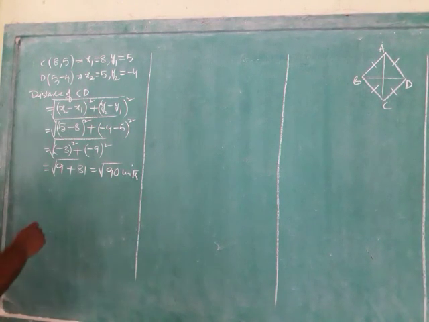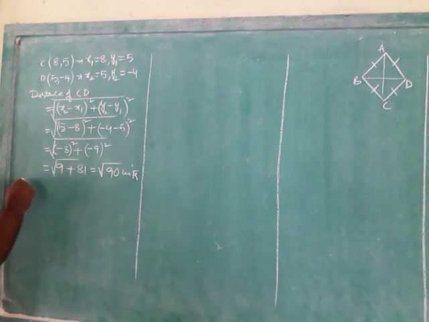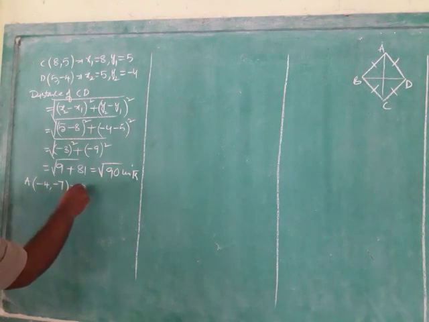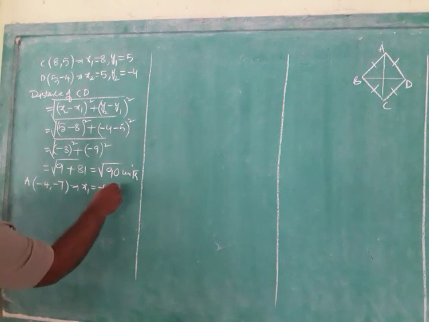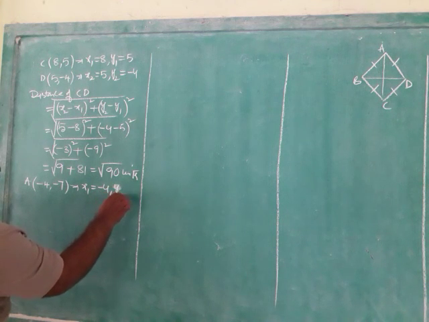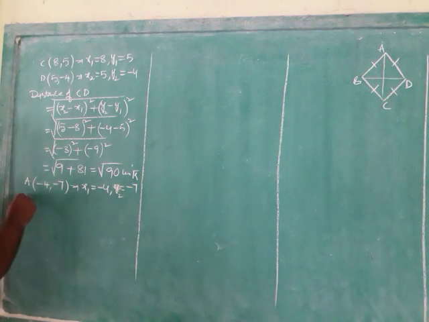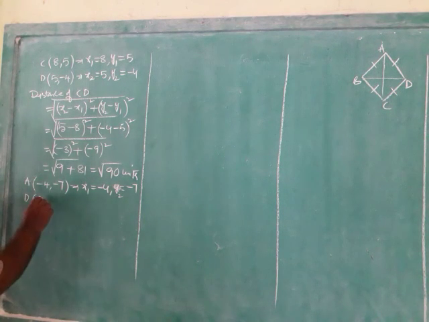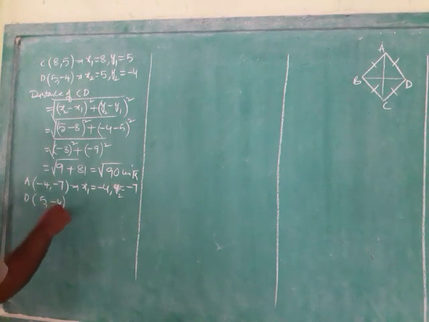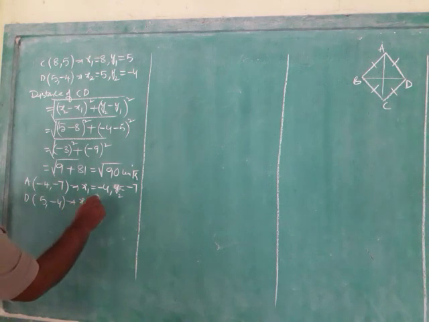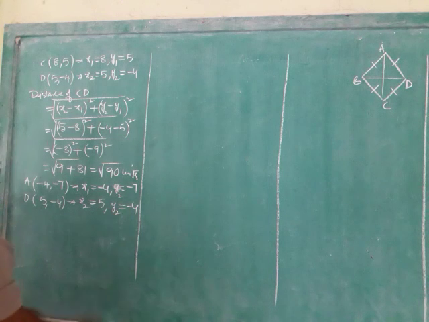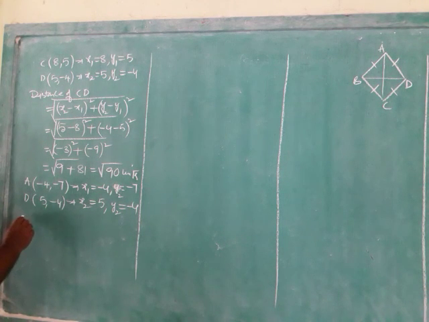Now next one, distance of AD. A value is (-4, -7). That implies x1 is equal to -4, y1 is equal to -7. D value is (5, -4). That implies x2 is equal to 5, y2 is equal to -4. Therefore, distance of